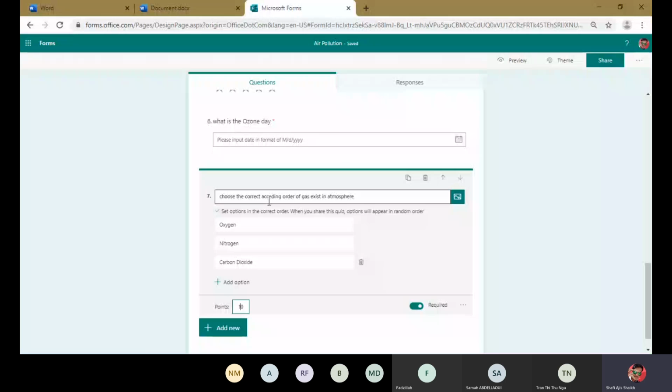So first one is oxygen, the correct answer. Second one, nitrogen is the correct order, and then, okay.